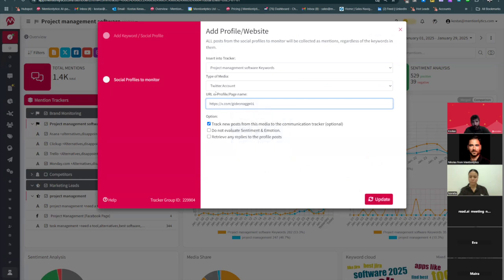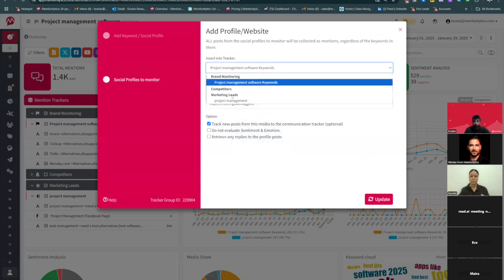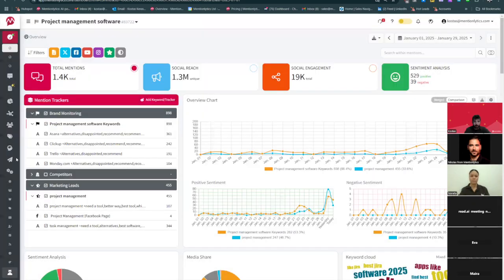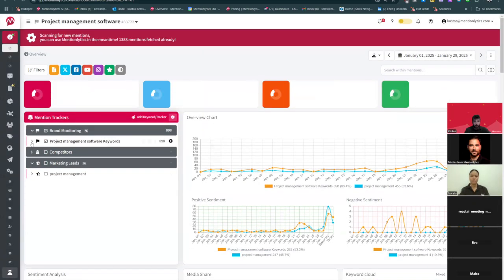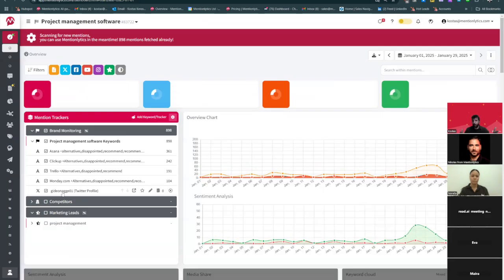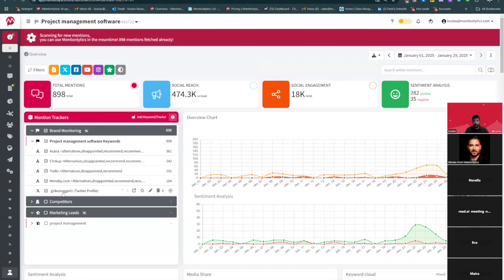So the system is going to identify it as a Twitter account, and then we can either create a new folder, or add it to an already existing one. Now what we're doing is tracking this particular profile. Anytime this particular influencer posts something, we're going to get a notification. This way we can keep track of all the important influencers, the people who hold real sway over the different communities out there.